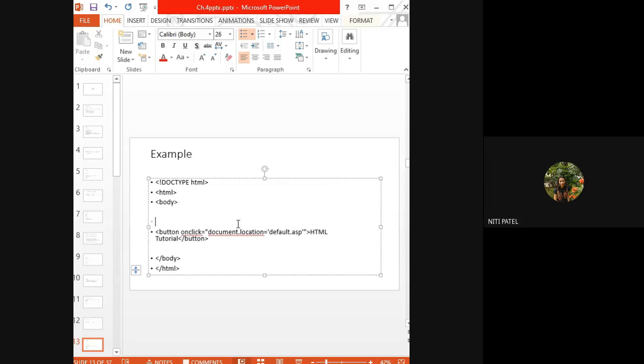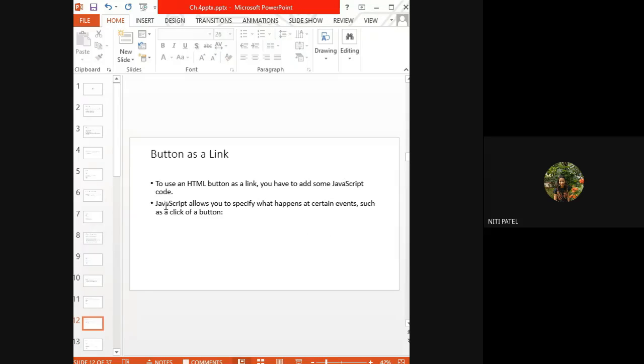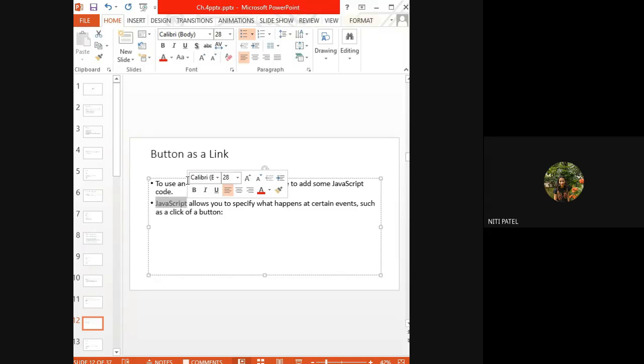Now what is happening? I am going to create a button. So to create a button, I have used the syntax button onclick. Now this is nothing but your JavaScript code. Where is your JavaScript code? It is inside this HTML. So I have embedded this JavaScript inside the HTML. So what is your HTML doing? Your HTML is simply creating a web page, but what is your JavaScript doing? It is creating a button, and there is some action on that button. What action is it? An action of click.